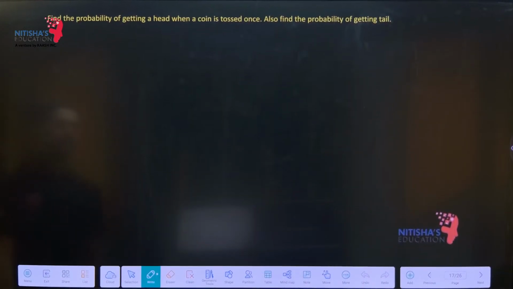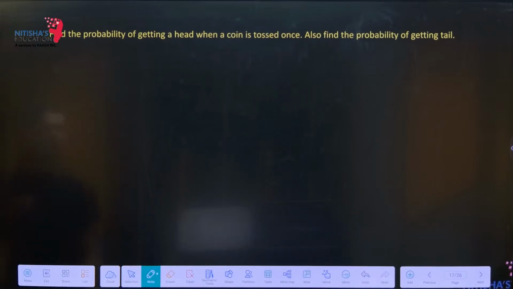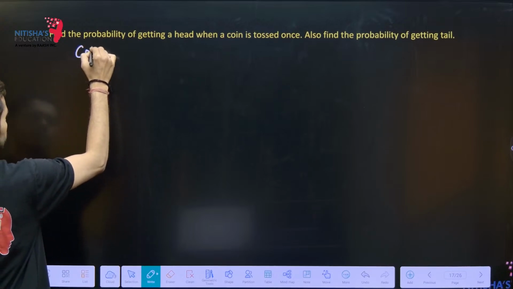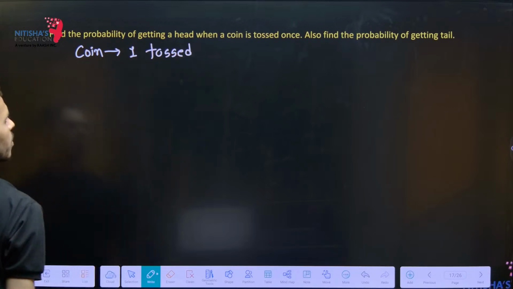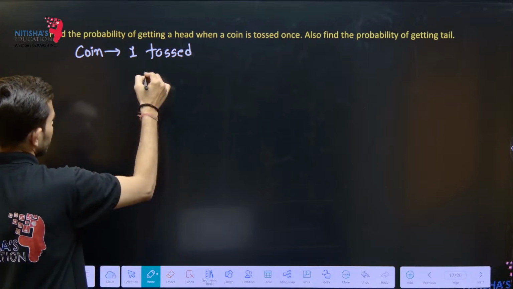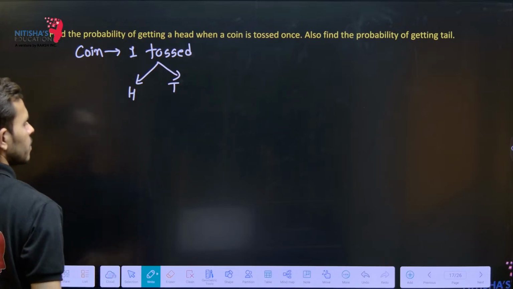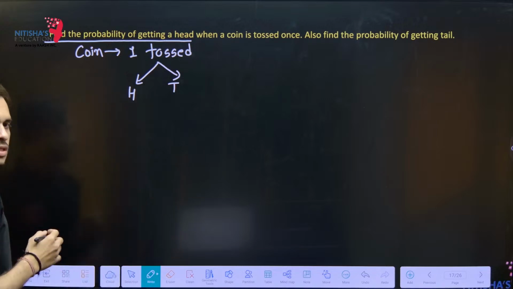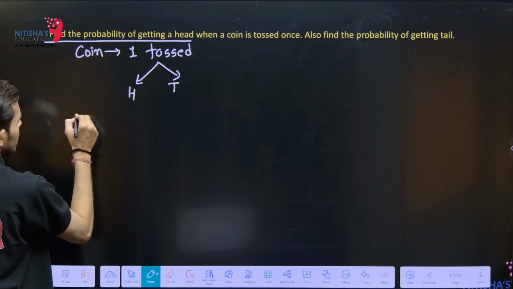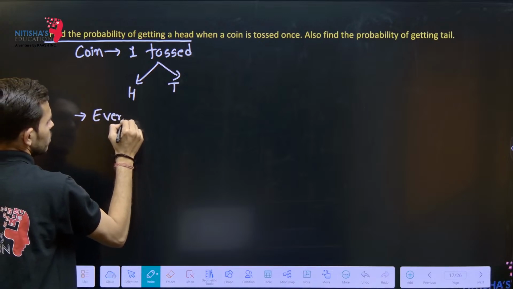नाउ लेट्स गो टू द क्वेश्चन। हमारे पास एक क्वेश्चन है दैट फाइंड द प्रोबेबिलिटी ऑफ गेटिंग अ हेड व्हेन अ कॉइन इज टॉस्ड वंस। हमारे पास एक कॉइन है, कॉइन को हमने एक बार टॉस किया है। जब हम कॉइन को टॉस करेंगे 1 टाइम, उस टाइम पे हमारे पास 2 रिजल्ट निकलेंगे, या तो कॉइन के ऊपर हेड आएगा या तो टेल आएगा। हमें प्रोबेबिलिटी ऑफ गेटिंग हेड फाइंड करनी है। तो हमारे लिए इवेंट हो गई है हेड आना।